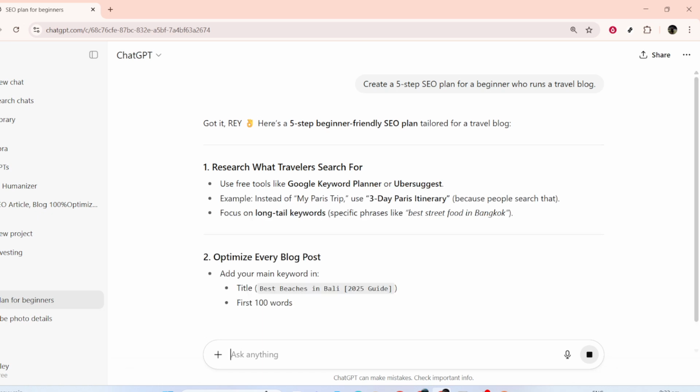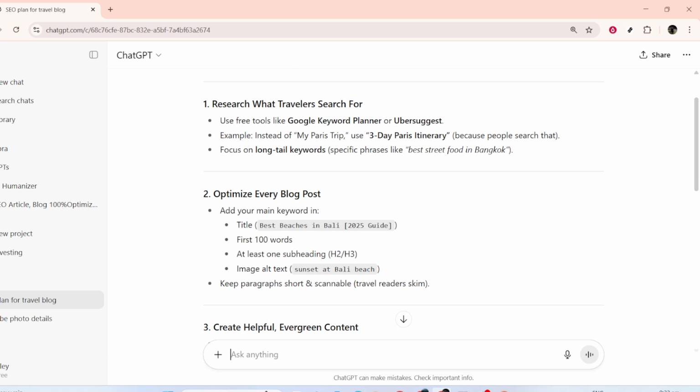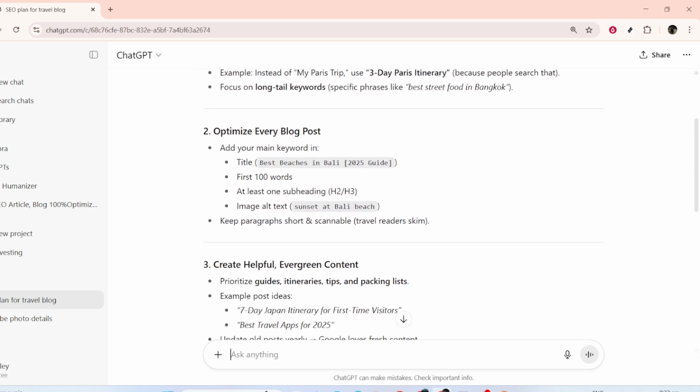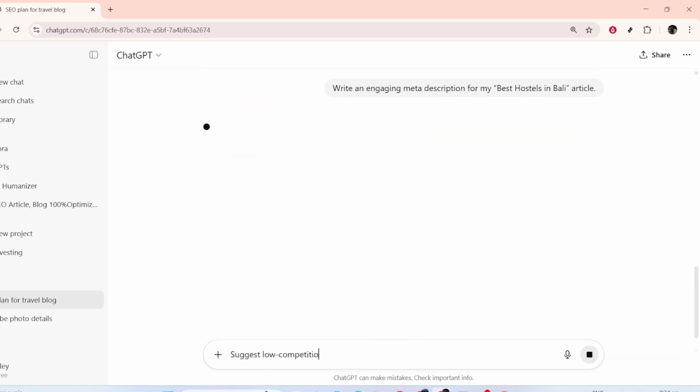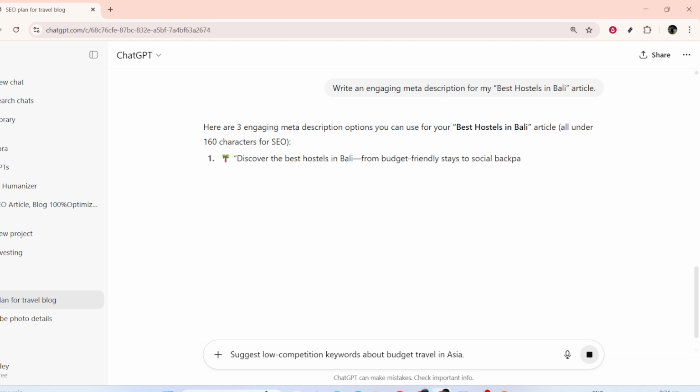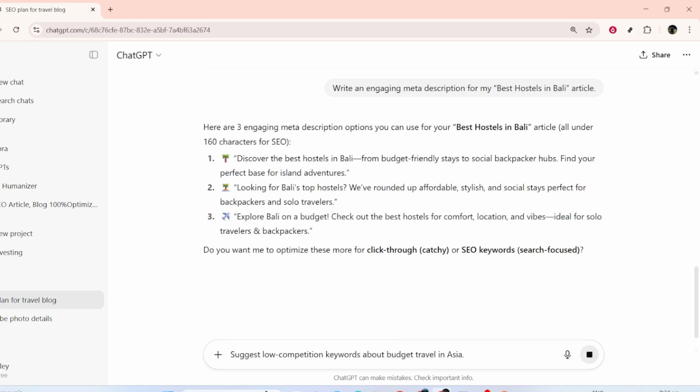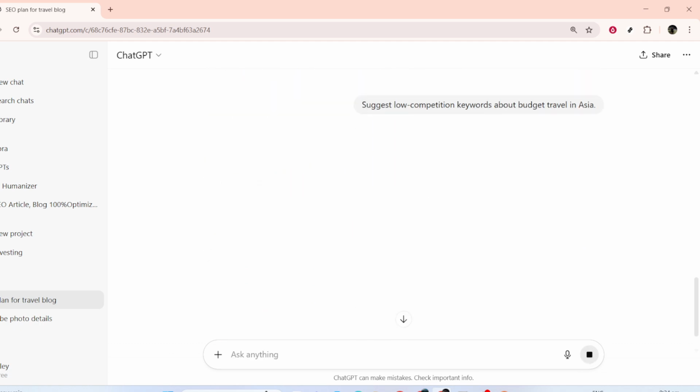search engine optimization. Next up, our focus shifts to keywords, which are crucial for enhancing your blog's discoverability. To identify the most effective keywords, ask ChatGPT for suggestions on low-competition keywords related to budget travel in Asia. You might want to type, suggest low-competition keywords about budget travel in Asia. This will yield a list of terms that you can strategically incorporate within your content to help it rank better